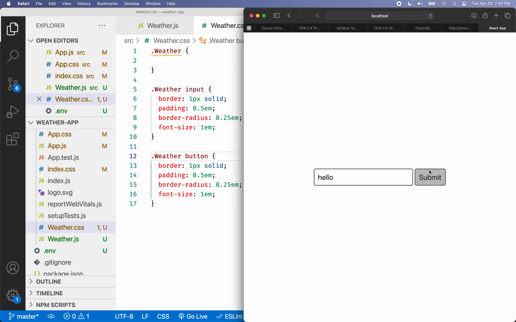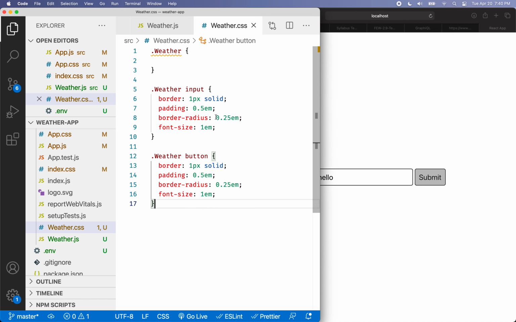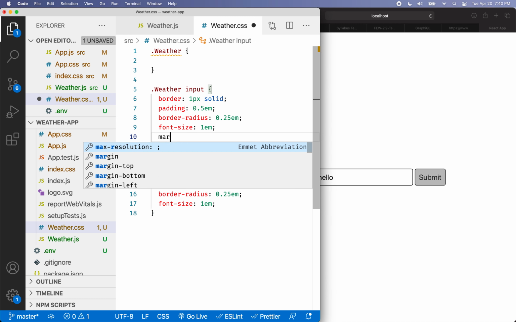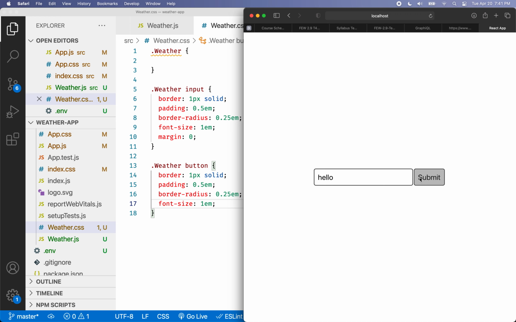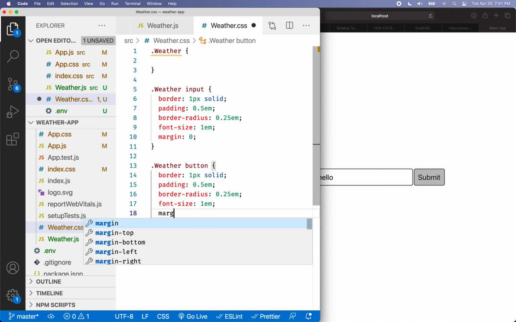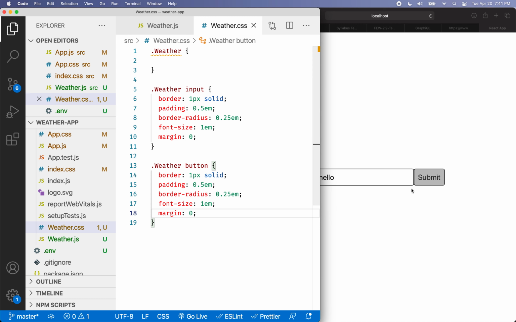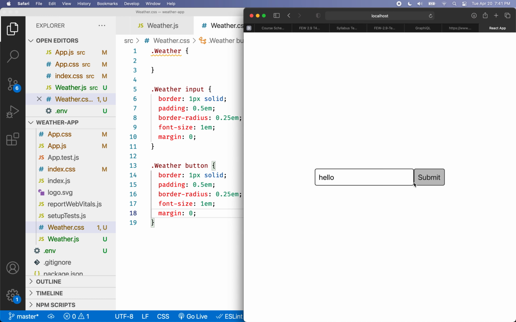Maybe let's change a few of the styles. So I think I'm going to do margin 0. You saw this button scooted a little bit, and then this guy has a little bit of margin on this side, so I want to put them where they're both together. So I'll do margin 0 here. Oh, now they're close together. And I think what I'd like to do is take out the rounded corners here